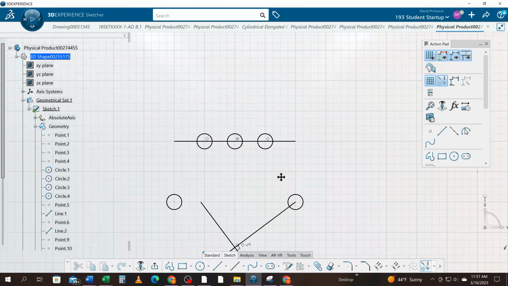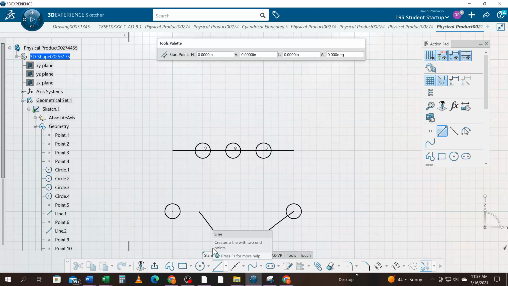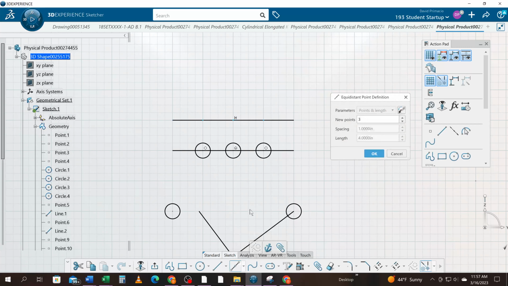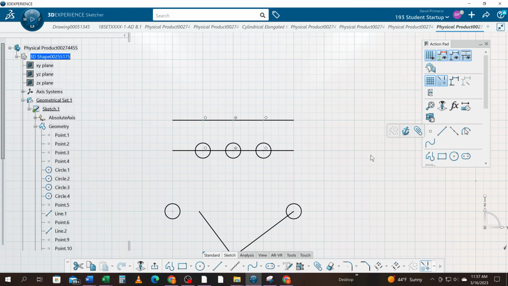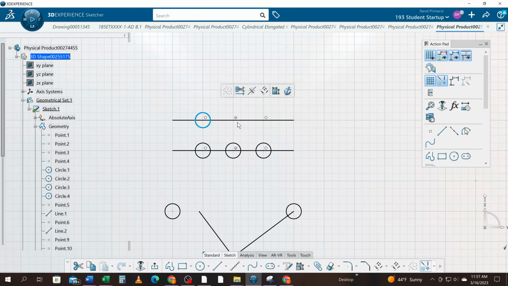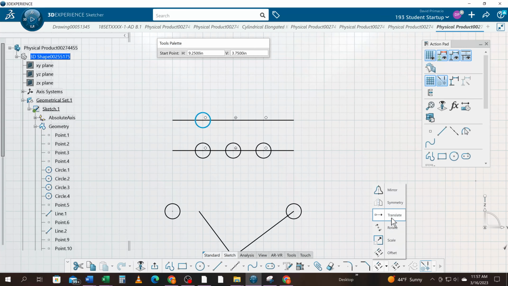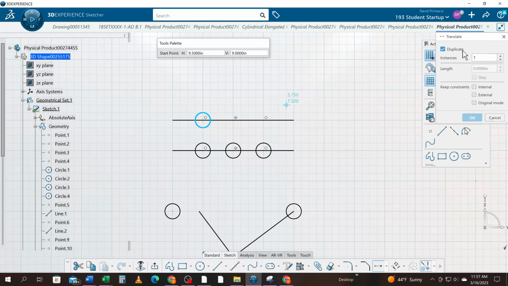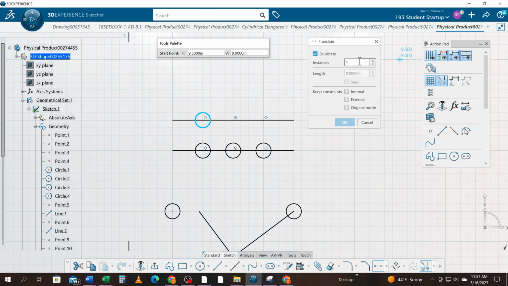Okay, another way I can do that same thing is I would go to line, create a line, points, same thing, 3 points equally spaced, circle on that first point, but this time with that highlighted, I'm going to use this translate command. It comes up with this pop-up window for translate. It has 1, so if I select this point, this is where I want to start my move, and then I go over here,